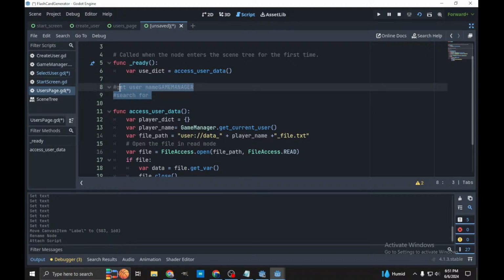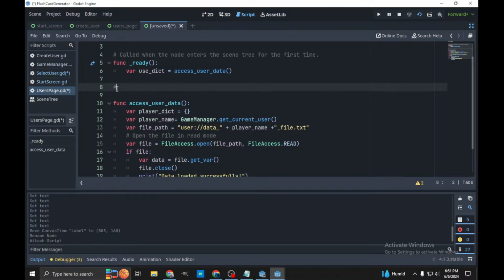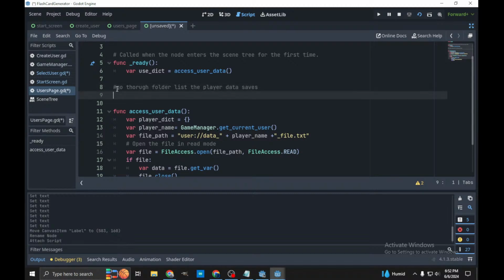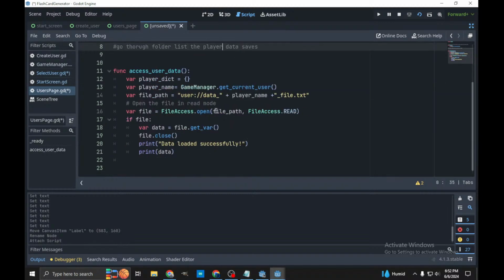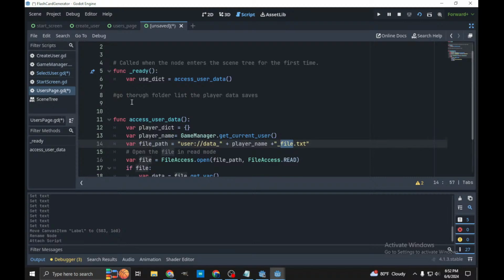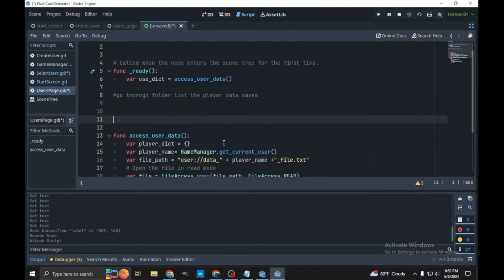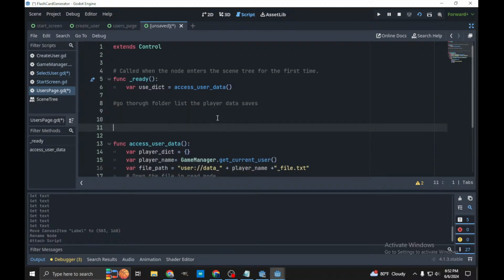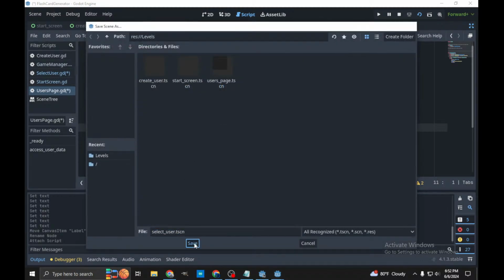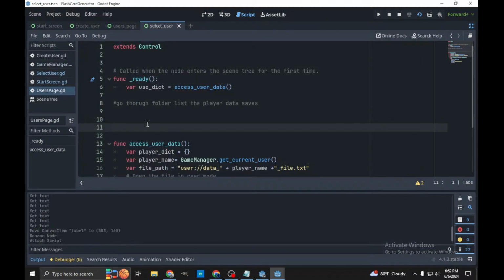We're going to just go through the folder, list the player data saves. So we'll just check the naming convention, and if it has this naming convention, then we will bring it in. So we'll make a, let me go ahead and save this as the select user panel, and we're going to say